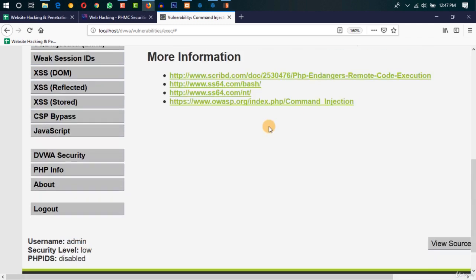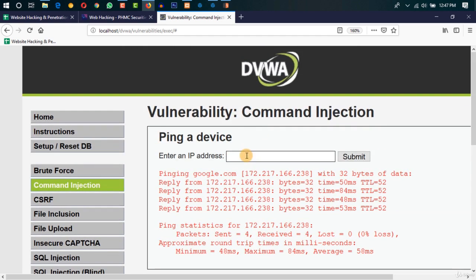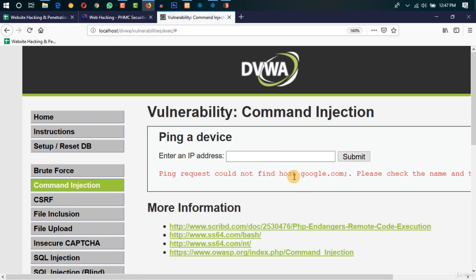So can we do one thing? Can we do, let's say, google.com, add a semicolon here, and say anything like dir. So dir is a command which gives the directories, right? And this semicolon, if you use DOS or Linux bash or any terminal, you should know that this semicolon means that this command has been terminated, and then I'm giving another command in the same line. When you use this semicolon and you try to submit, you will see that